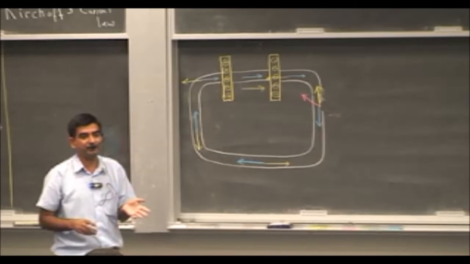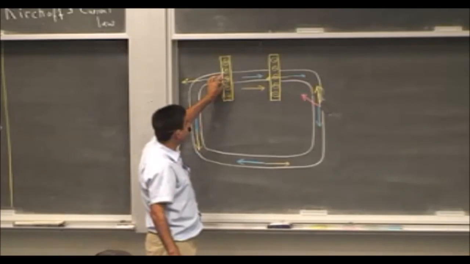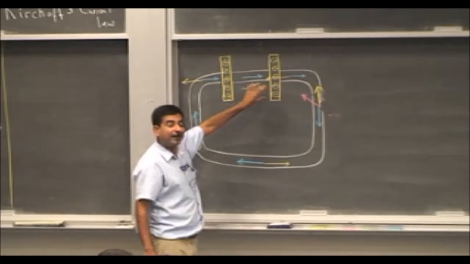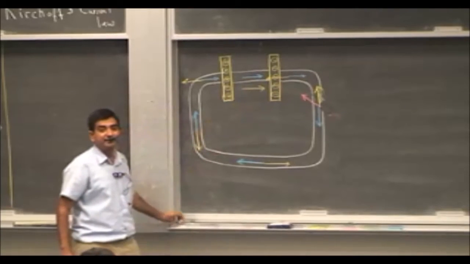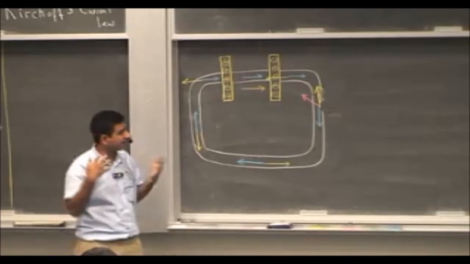There is a conveyor belt. This is what the model of the battery is. There is a conveyor belt that is transferring charges from this point to this point. Now, how is it physically done? I'll explain that. Okay, when I talk about EMF, this is just a model of a battery, an equivalent model of a battery that helps us understand what happens